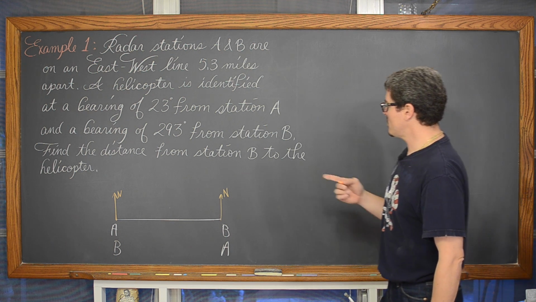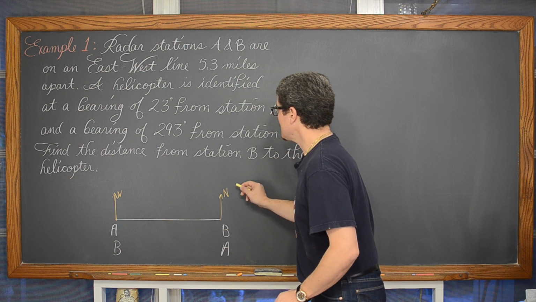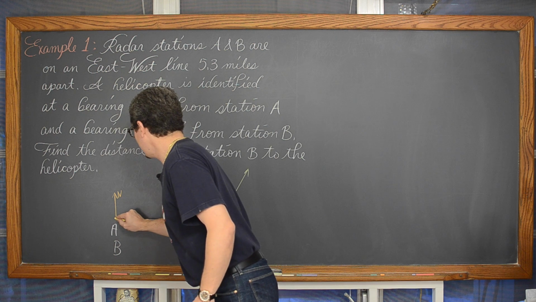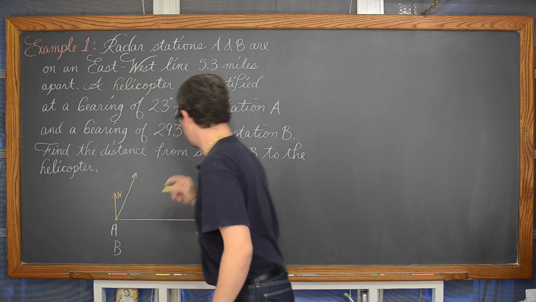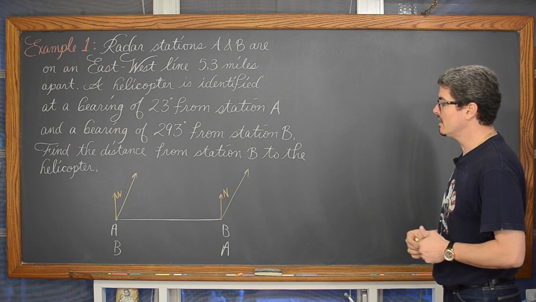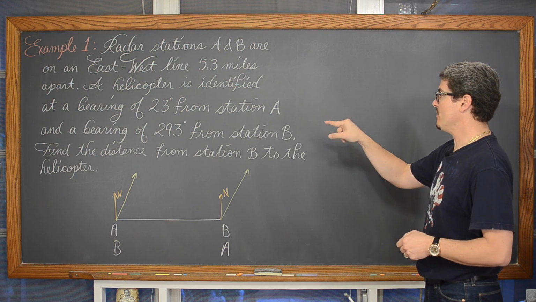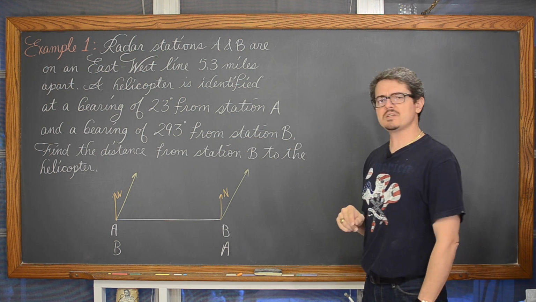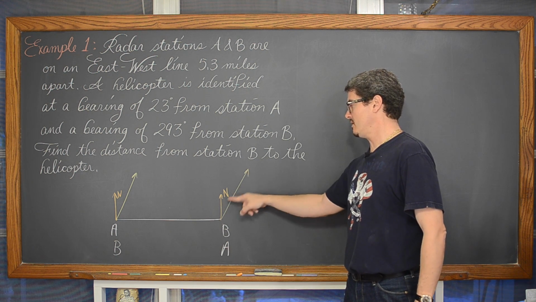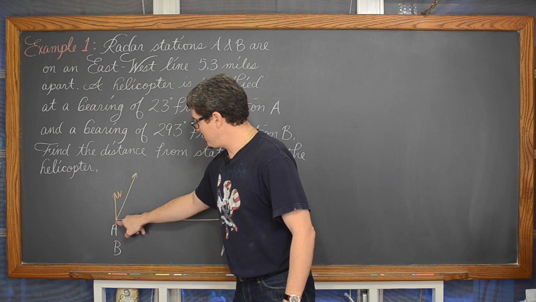And so I'm either going to be looking at a direction of 23 degrees from, maybe A is over here, or maybe A is over here. Okay, so somewhere in this sort of 23-degree angle direction bearing, there is a helicopter. Now when I go to the rest of the problem, it says, well, in a bearing of 293 degrees from station B. So if I put A over here and I go on a bearing of 23 degrees, or rotate 23 degrees from north, then from B,